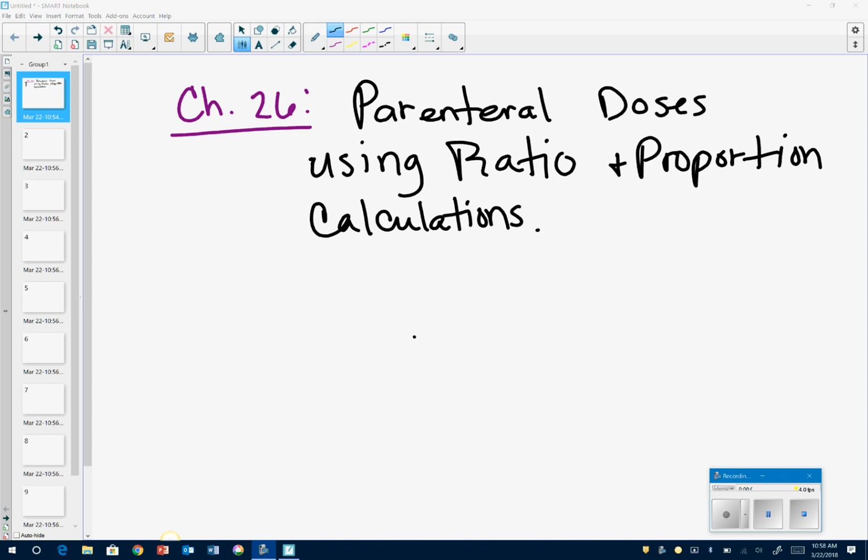Okay, chapter 26 is your parenteral doses using ratio and proportion calculations. So you're a little bit familiar already with the ratio and proportions formulas. So this is going to be adding the parenteral doses and inserting those into those formulas. So after you read through chapter 26 and do some of the simple problems, the student should be able to